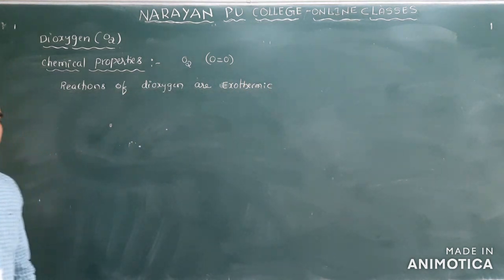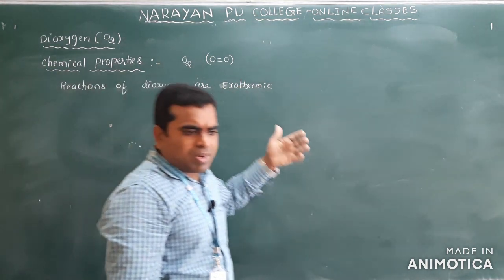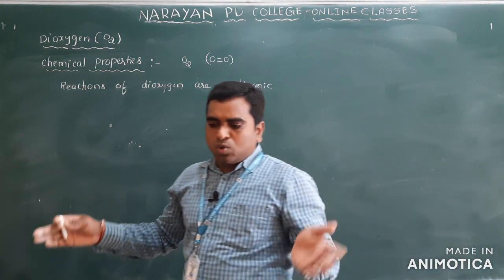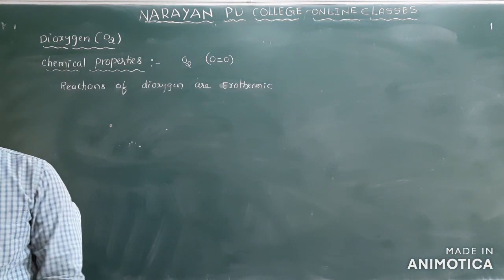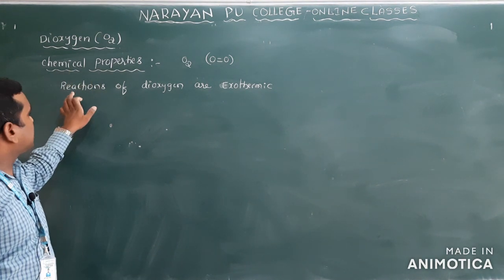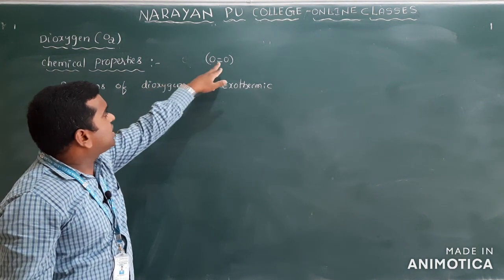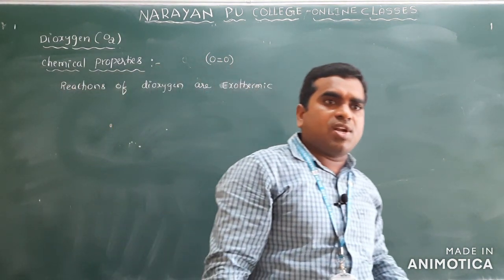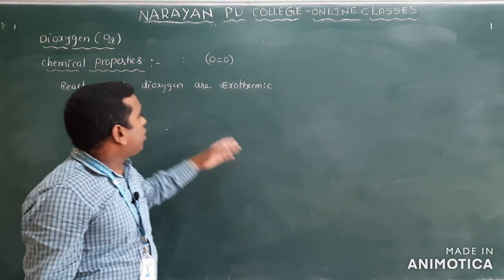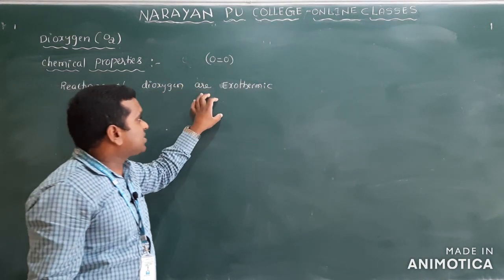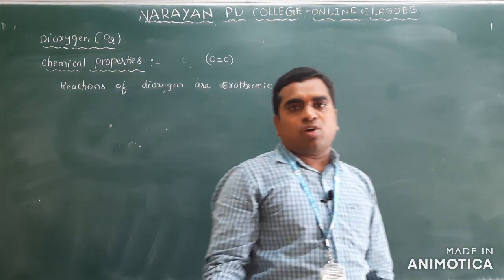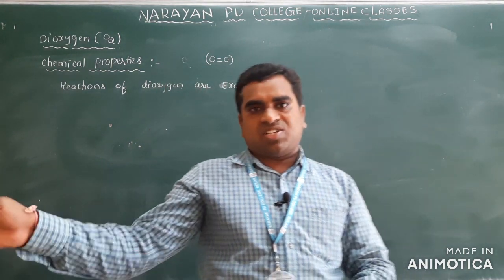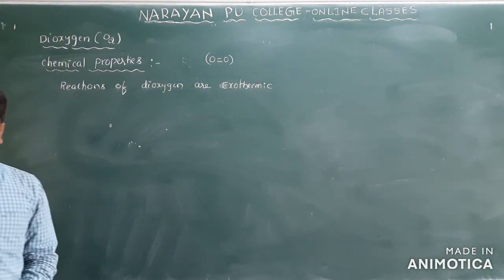Clear? So what does exothermic mean? In an exothermic reaction, heat is generated, and that heat is sufficient to carry out the reaction. So this is about the chemical properties. Initially temperature is required, and after the reaction starts, it takes place on its own. Most of the chemical reactions involving dioxygen are exothermic, heat is automatically generated, and that generated heat is sufficient to carry out the reaction; there is no need to supply a large amount of heat energy again and again.